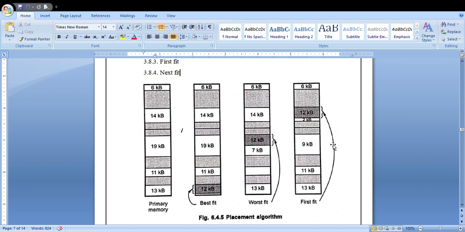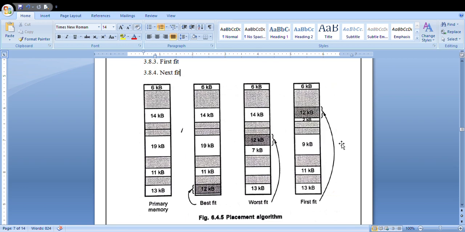Then what do you mean by next fit? In the best fit and the first fit, what happens in both algorithms? It will be slicing or removing only a small part, so a small hole is created by these two algorithms. Next fit is like an implementation of your first fit, and it will make use of compaction.